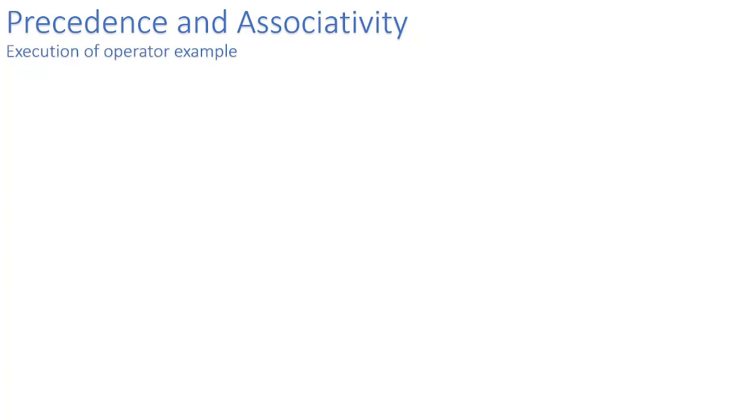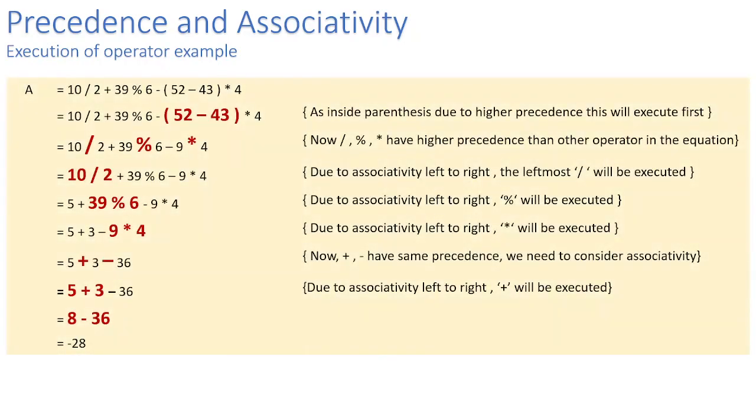So let us consider this example: a equals something. Which value will be executed first? As 52 minus 43 is inside parentheses, due to the higher precedence of the parentheses or brackets,